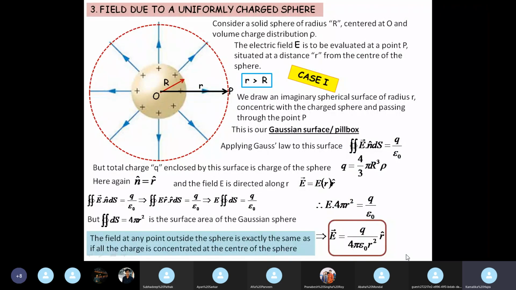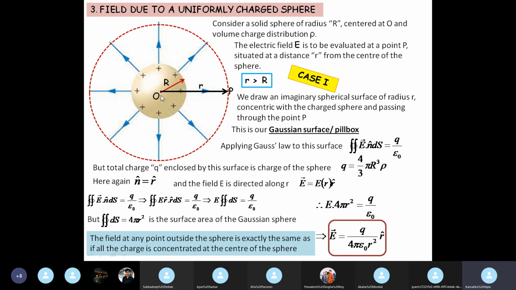But if you want to solve the problem, you can't stop here because you don't know the value of Q. You need to calculate the value of Q. This expression using Gauss's law is to show you that when you are outside and calculating the field, it seems as if the charge is concentrated at